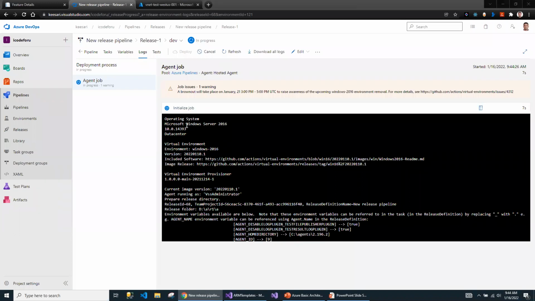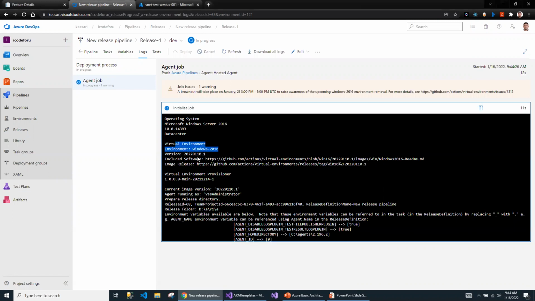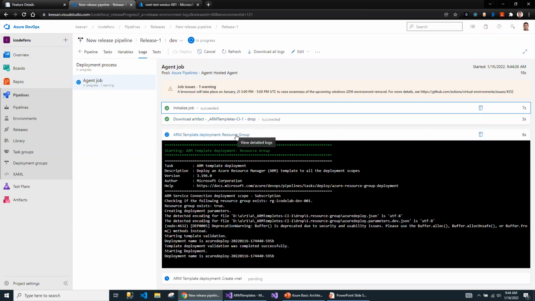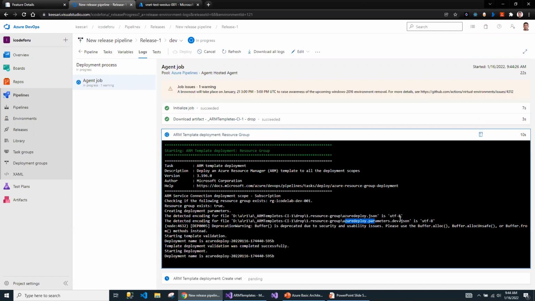So you can see all the agent details here. So this is the first task, pulling the artifacts and then creating the resource group. So these are the files associated to this task. And the first step, it is validating, and then the second step is deploying.